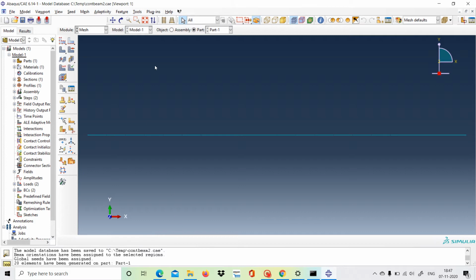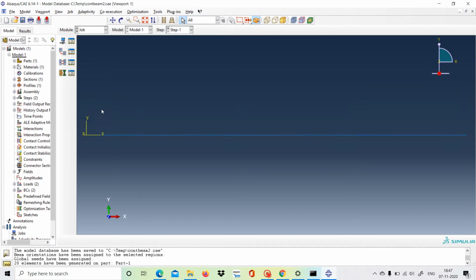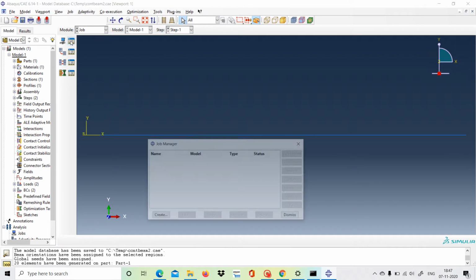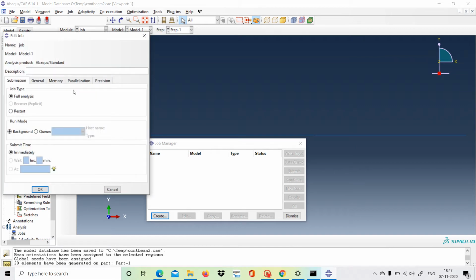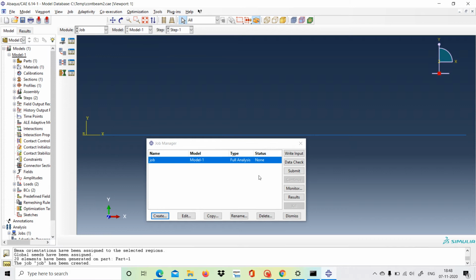Now we will go to job, click here, create job 1. We can give any job name, continue. Okay, now it's shown. Now we will see data check.